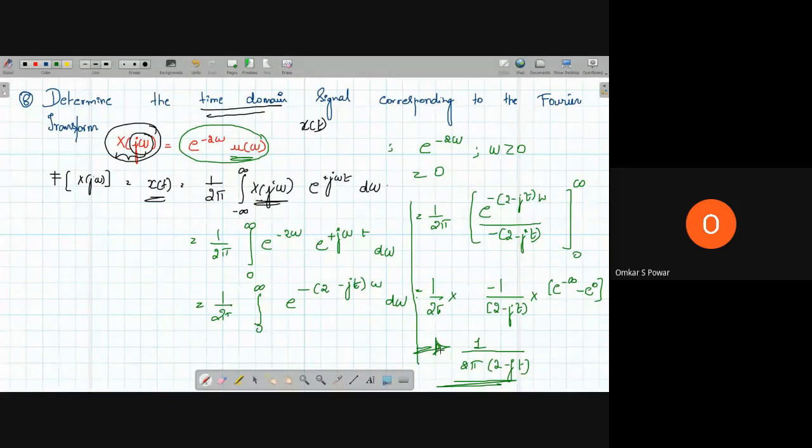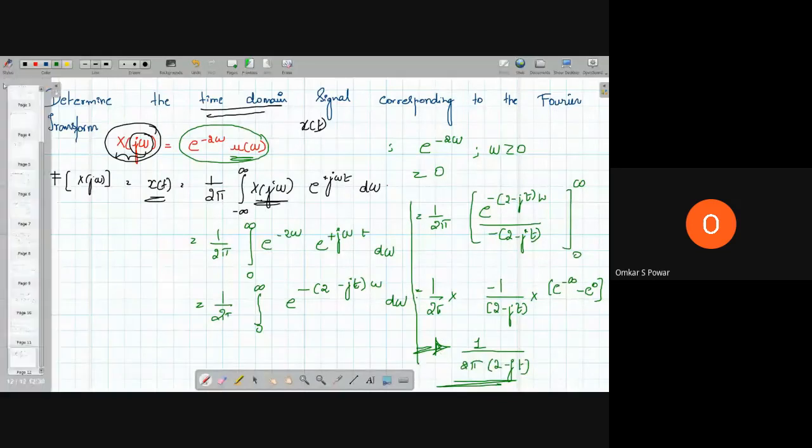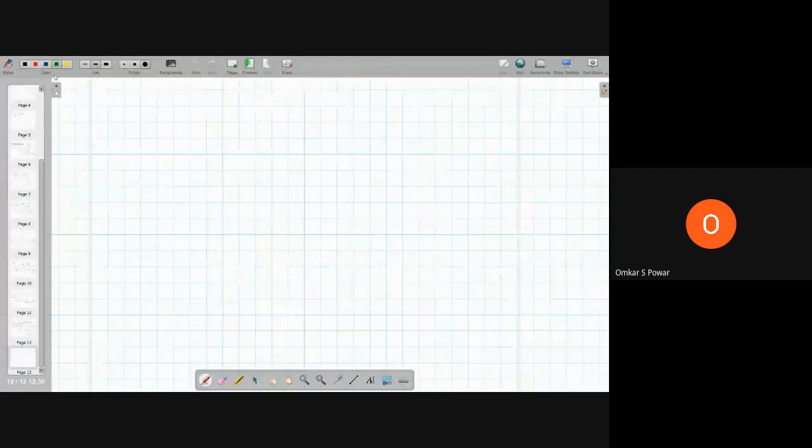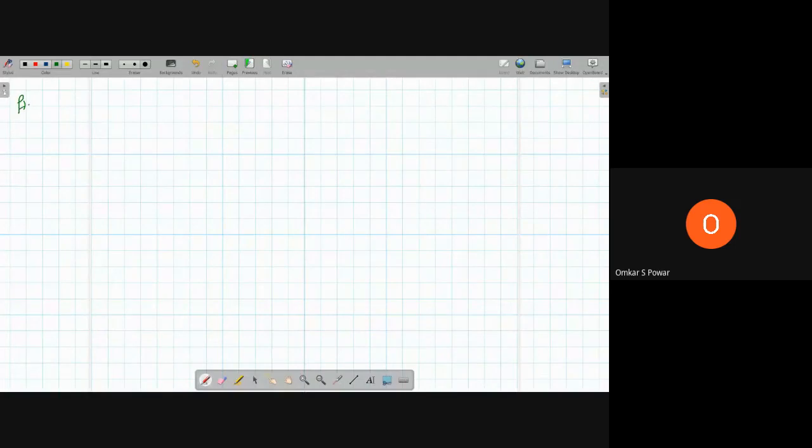So I can give you another homework problem for you to try. I think that will be better for you. So this is a homework problem for you. You have to find the Fourier transform of x of t is equal to 1 plus cos pi t for modulo t is less than or equal to 1 and is equal to 0 for modulo t greater than 1.